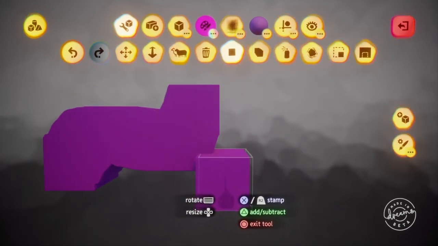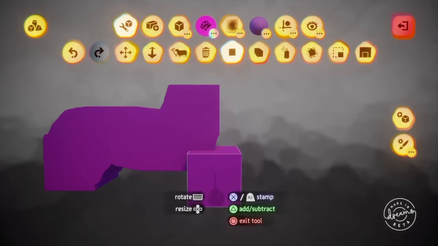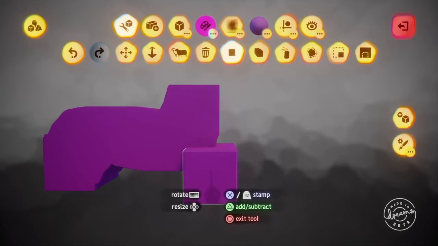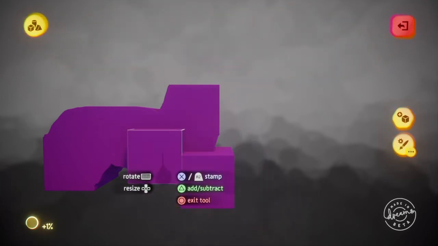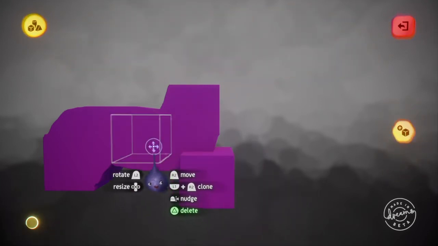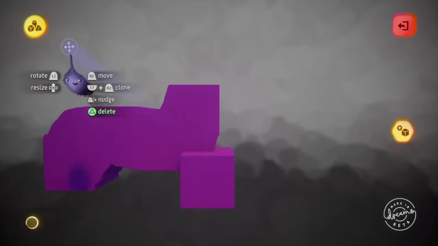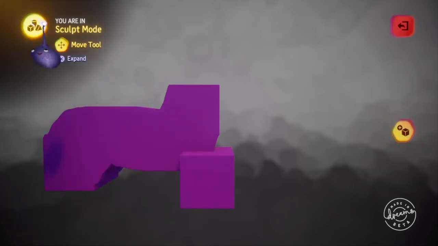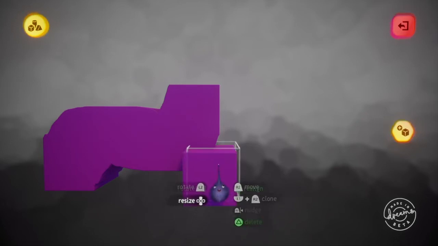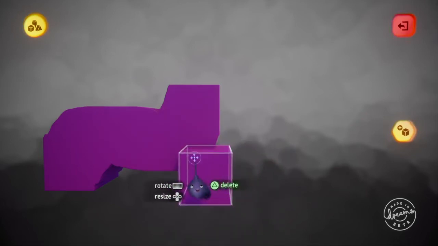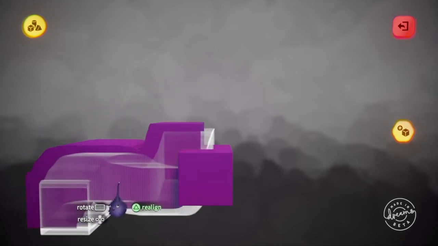But I do have some other options when I stamp the shape down, and we'll come back and look at those options in a minute. But for right now, I'm just going to stamp that shape, and if I drop my tool, I'm in sculpt mode, but I have the move tool equipped, and I can grab that square that I just stamped and I can move it around here, and I can take this whole big shape that I smeared and I can